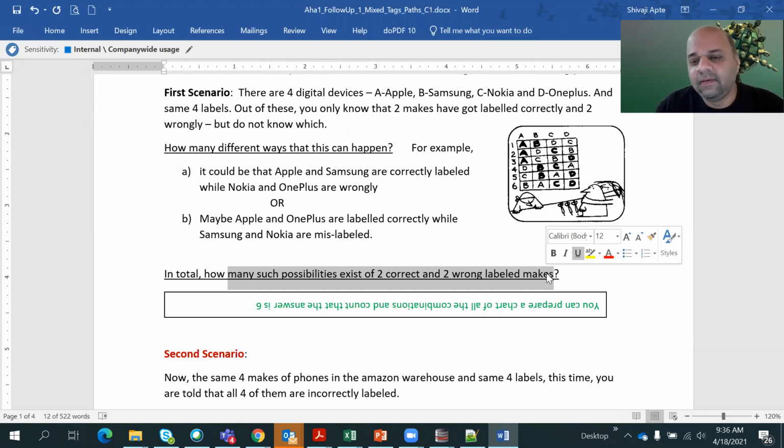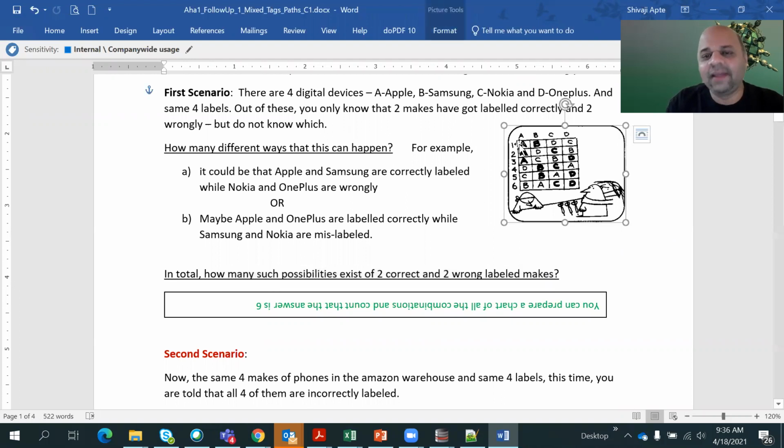So I have tried to illustrate how to do it in a table like this. On the top row it is ABCD. There are the actual boxes, and then you have various combinations, 1 2 3 4 5 6. It could be more also, where we put what label was put on what device, and if it is correct, then we make it bold. Then we know that it is true. So for example, in row 1, A and B are correct, so they are made bold, but C and D are interchanged. So actually C has got D, D has got C, right? So this is one possibility.